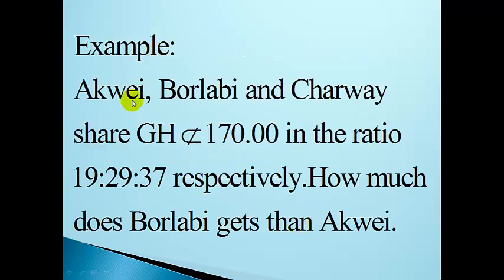Now example. Akwe, Bolabi, and Chawi share 170 Ghana cedis in the ratio 19:29:37 respectively. How much more does Bolabi get than Akwe? Before we solve this problem, let's analyze this question. We have Akwe, Bolabi, and Chawi to share 170 Ghana cedis in the ratio